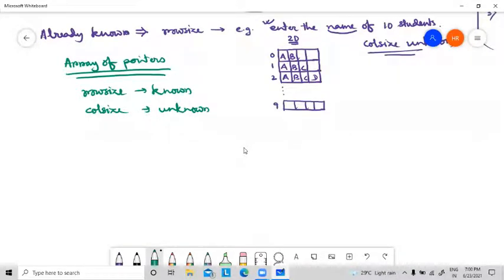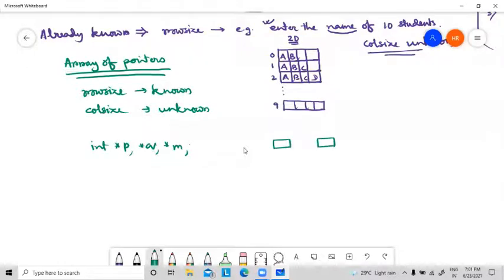Now try to understand what is array of pointers. Suppose we have 3 pointer variables: one is P, another is Q, another is M. What is the use of these 3 pointer variables?